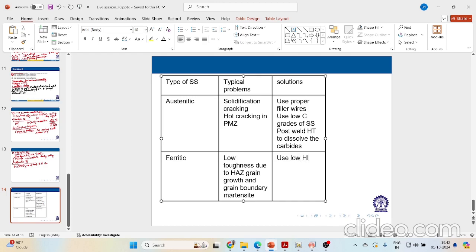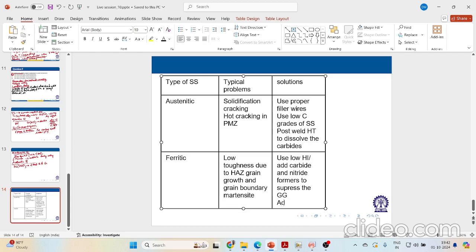Use low heat input, or add carbide and nitride formers to suppress the grain growth. Right? To suppress the grain growth. You can add Ti, titanium, or niobium to reduce formation of martensite. Okay,